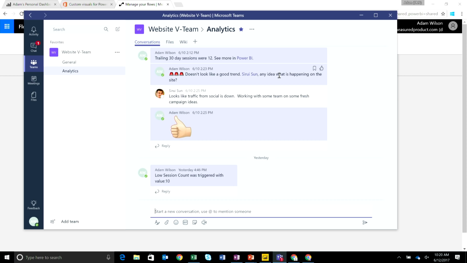And this is the power of Teams, that you can mention people and they get pulled into the conversation. And Siri went and investigated, and he found out that our social traffic was down and that he's going to go generate some new campaign ideas. Very cool. So you can include alerts directly in team channels, but you can also build whole reports into your